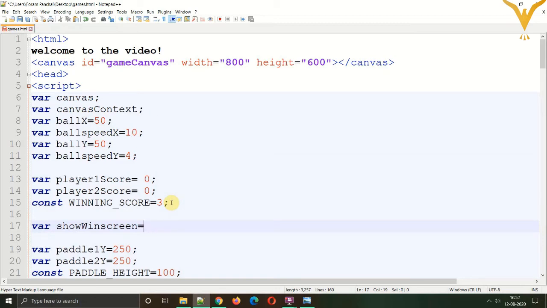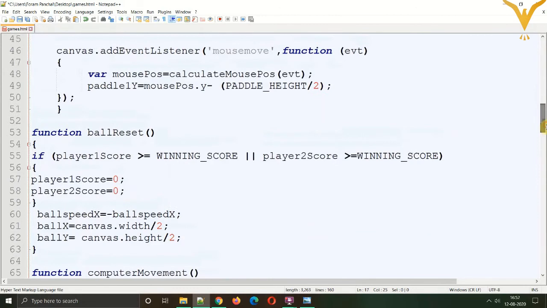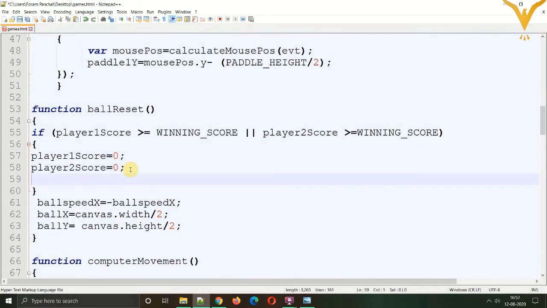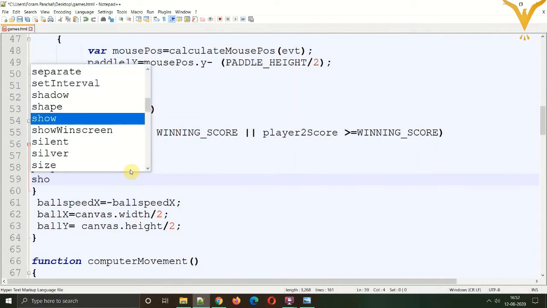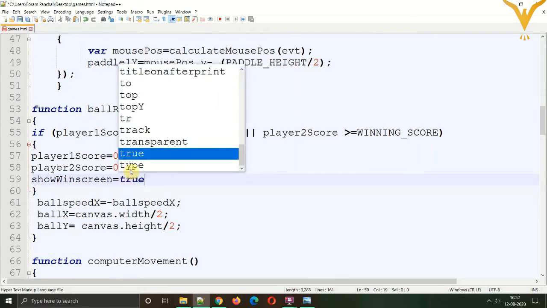Initially the value of this variable will be false because the game is on. As soon as the game is over, we'll set the variable to true. So in the ball reset function, wherever we mentioned the winning score condition, after resetting the score, we'll set the variable's value to true, means it is active.